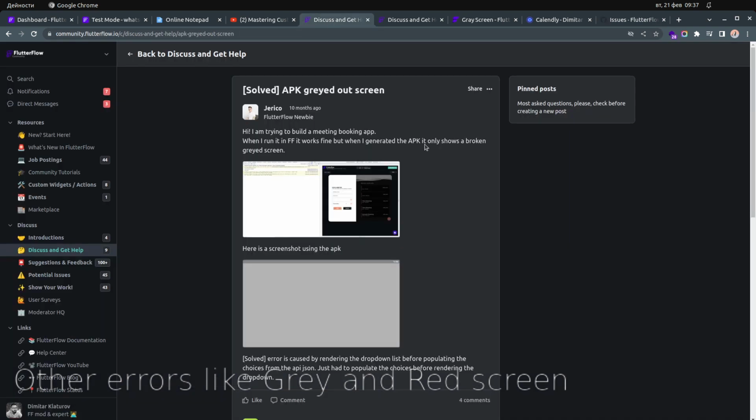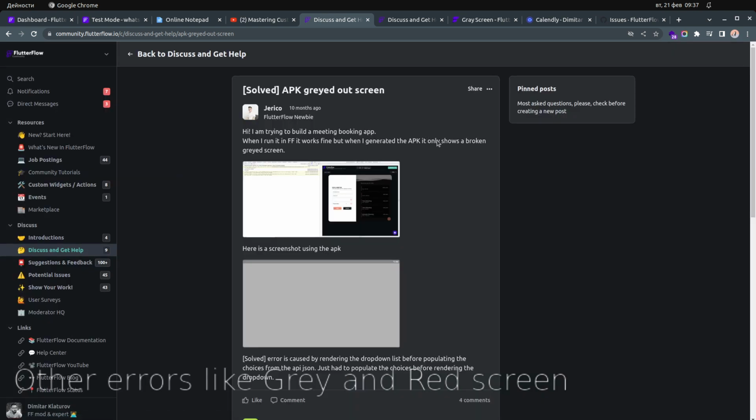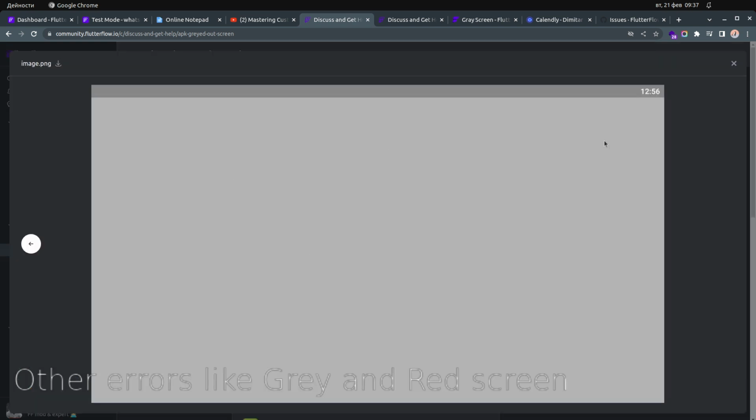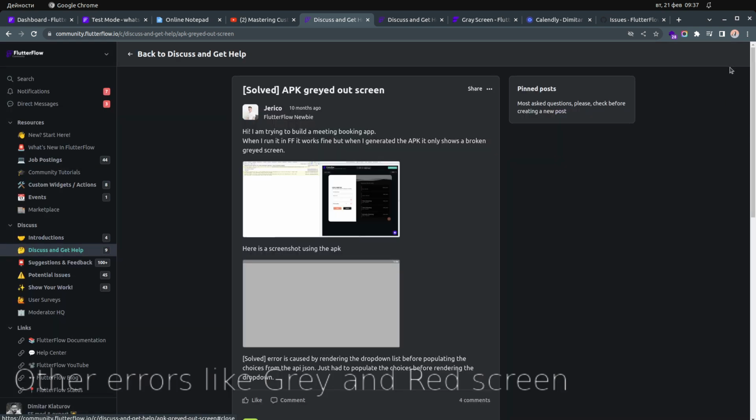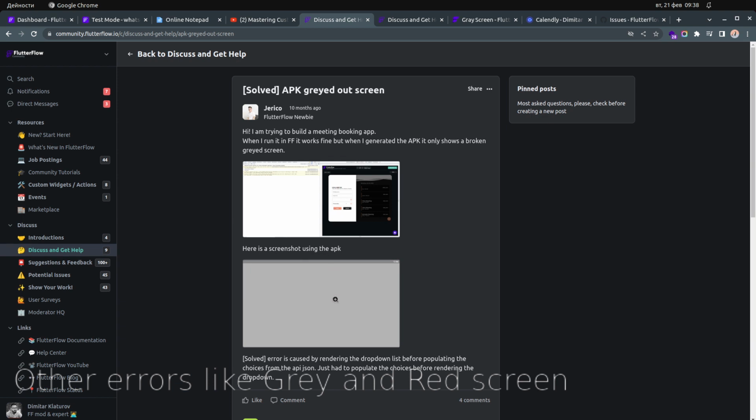And the other gray screen is when you run your app itself, and this is a random post, or the first post that I opened. This is the gray box I'm talking about. And like 99% of the time, the gray boxes appear because there is no data. So for example, if you are trying to get any kind of data, in this case I think meetings or appointments for the day, if you return a null value, it will give you a